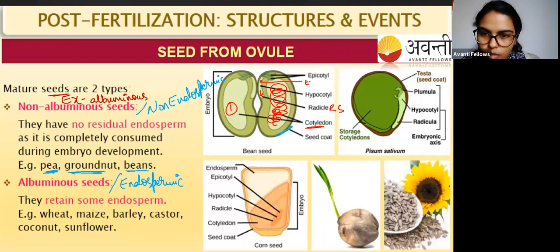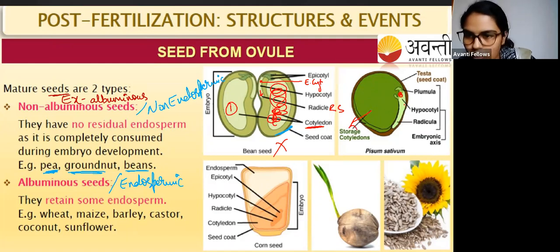Okay, so this epicotyl is forming leaf-like structures here. This is also called the plumule. The plumule will again give rise to the shoot system. So this is the structure. Here you cannot see the endosperm. So here endosperm is absent even in the pea. These are the storage cotyledons which have the stored food, and this is the plumule, this is the hypocotyl, this is the radicle, this is the embryonic axis. This is the seed coat. So here you cannot see endosperm.